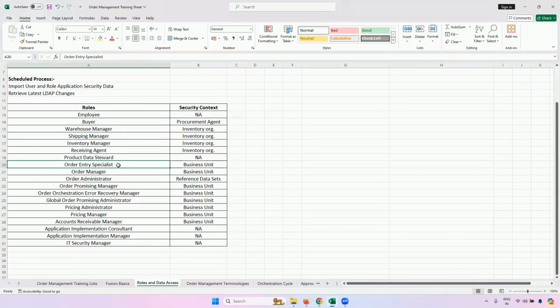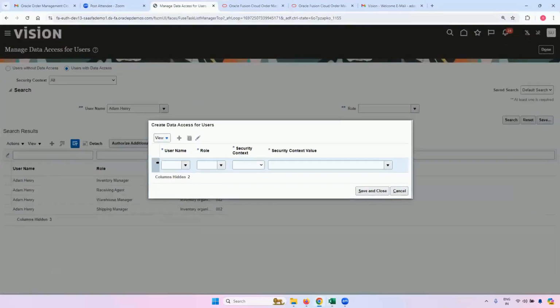So I will begin from product data steward, which does not need any data access, so I'll leave it as blank. Order entry specialist. Adam Henry. Order entry specialist. Now, what is the context?